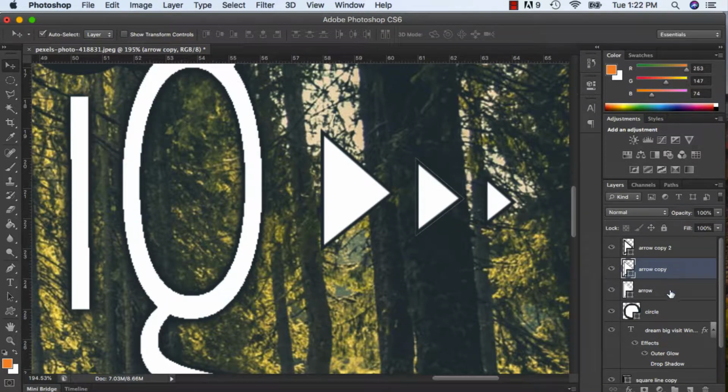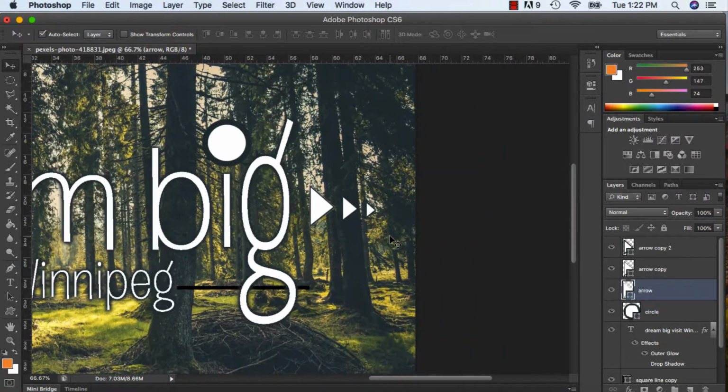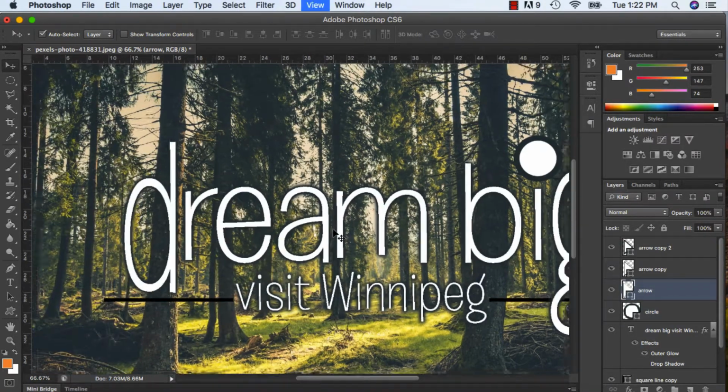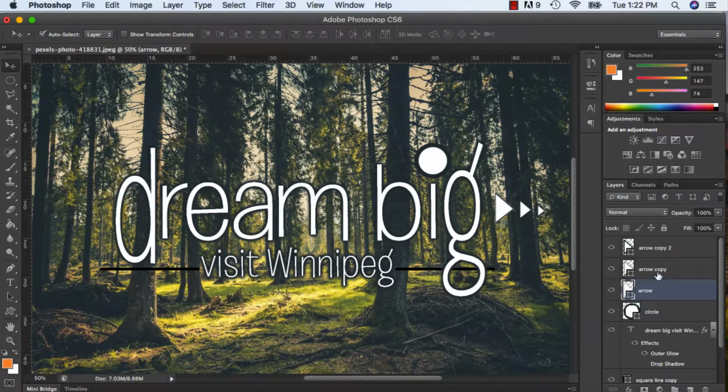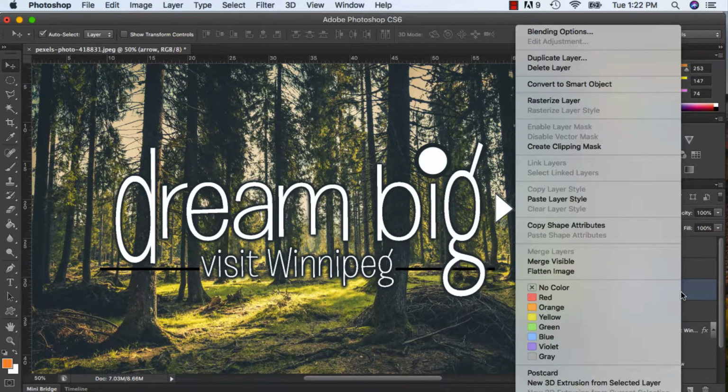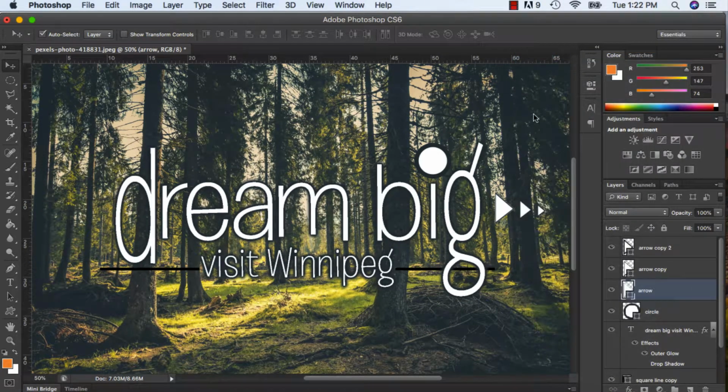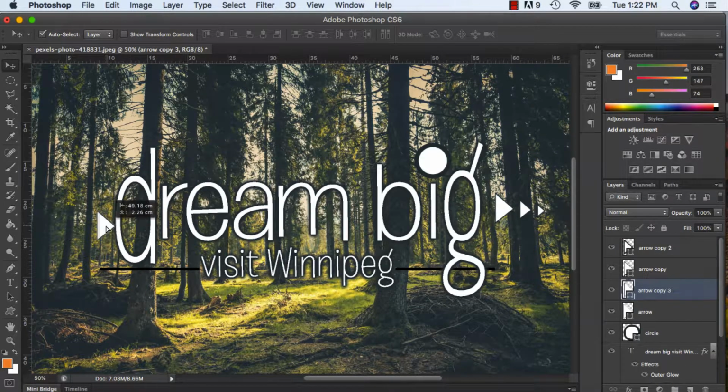And then I have my 3 arrows. I'm going to duplicate this arrow, bring it to the other side,